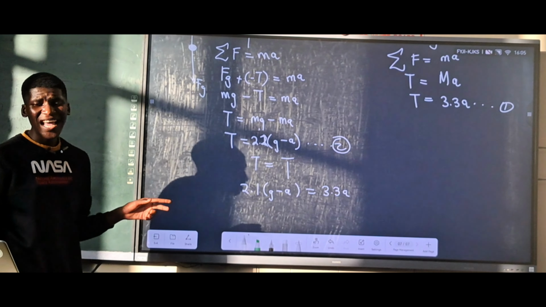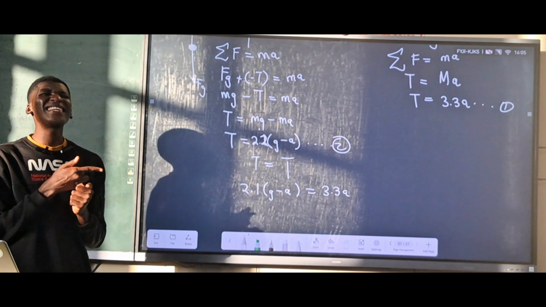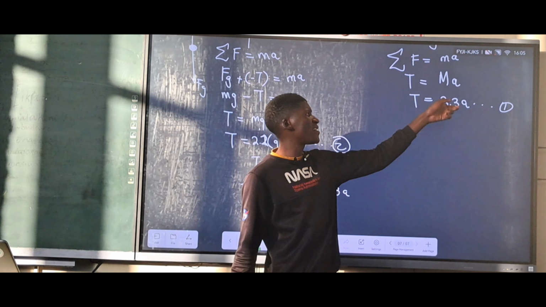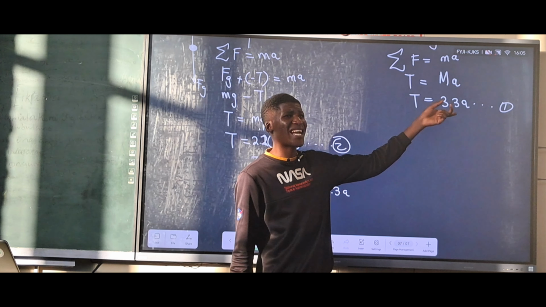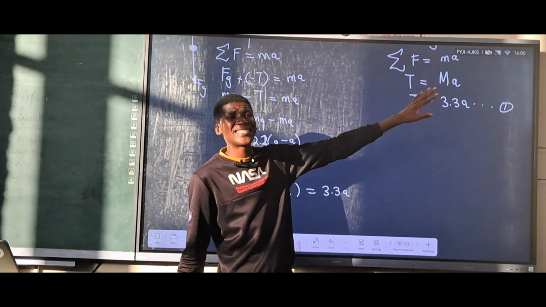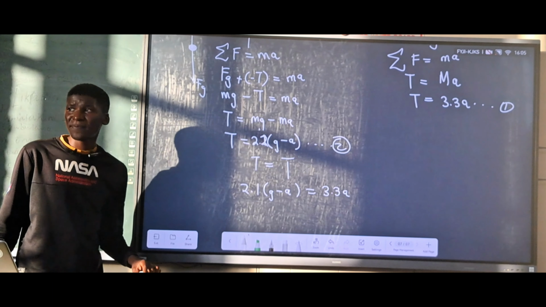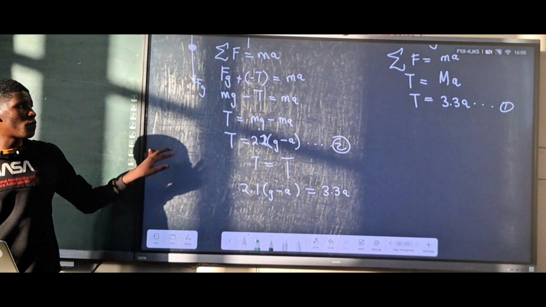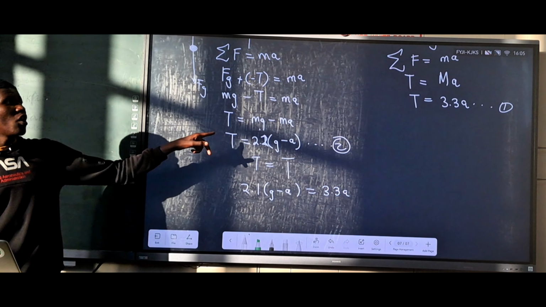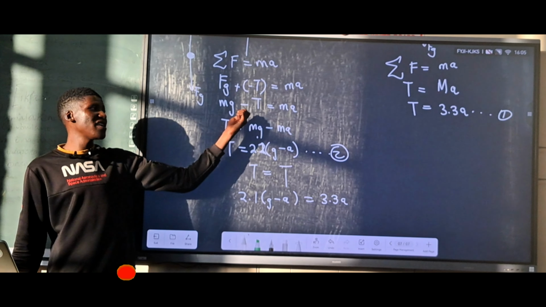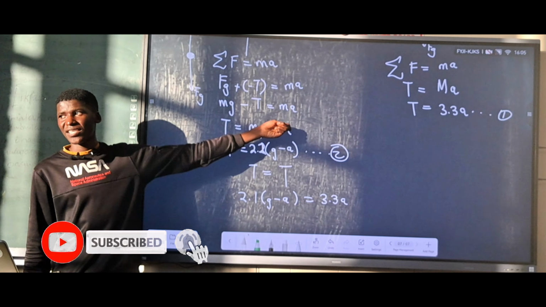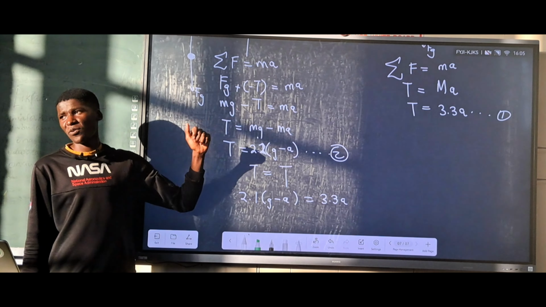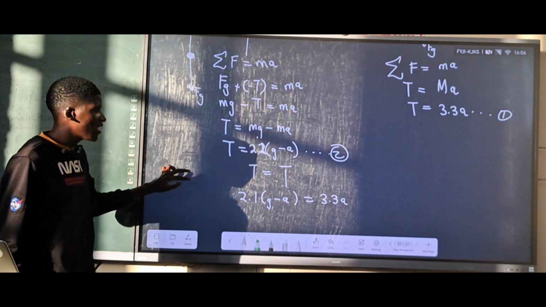You find the acceleration. When they say find the value of, you must find a number. You can't leave it as an expression, because if you end up saying my acceleration is 3.3 over t, or t over 3.3, that is wrong, because they want the value. It must be a number. Where do we put the negative? Here I put this one as positive. Then for m, I put it as negative. Then I rewrite, but starting with T.